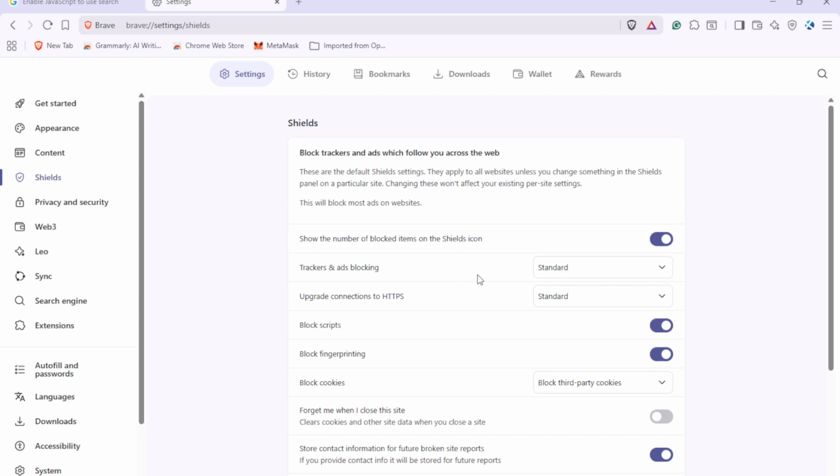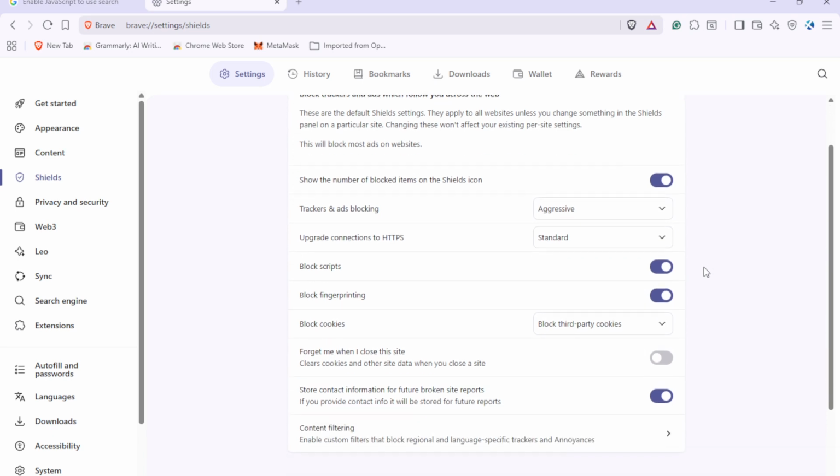Standard is the default and aims for a balanced experience. Solid privacy and fewer breakages. Aggressive blocks more, including some first-party ads, and can deliver a stricter experience, but it might cause certain pages or features to misbehave. If you try aggressive and something on a site doesn't load correctly, you can switch back to standard globally or simply use the per site toggle we covered earlier to relax protections on that one site while